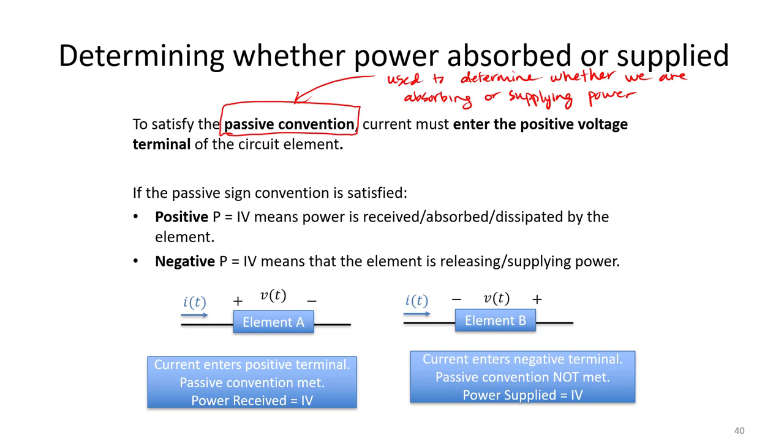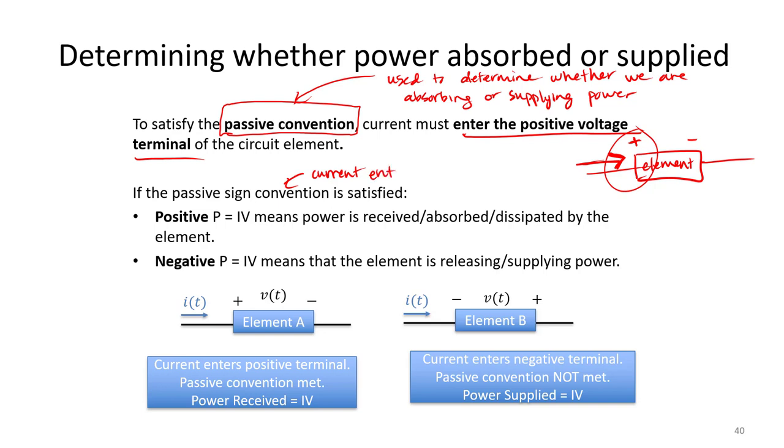And so here's the deal. For the passive convention, in order to satisfy the passive convention, current must enter the positive voltage terminal. So for example, if I have some element, then current must enter the positive end. If the passive sign convention is satisfied, so if current is entering the positive terminal, then we can say